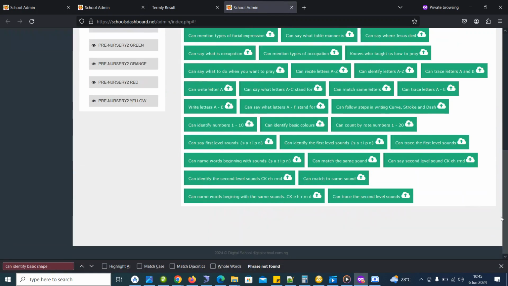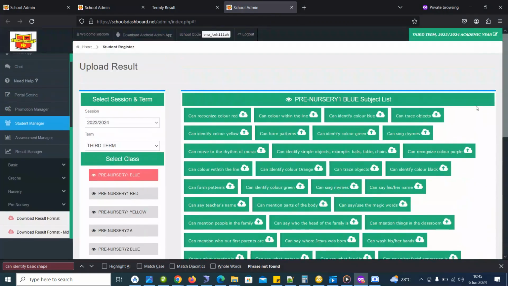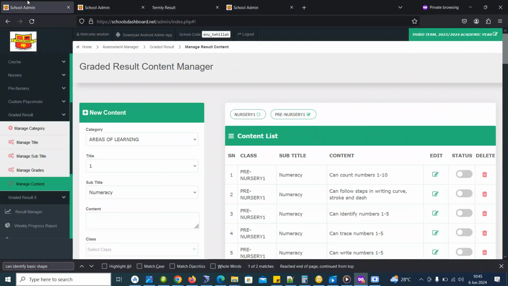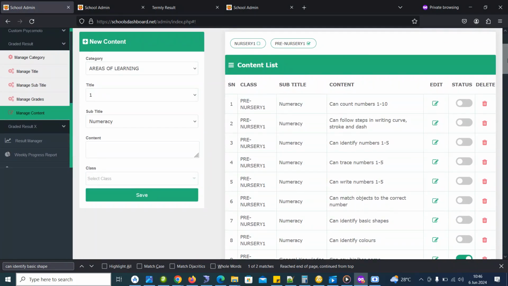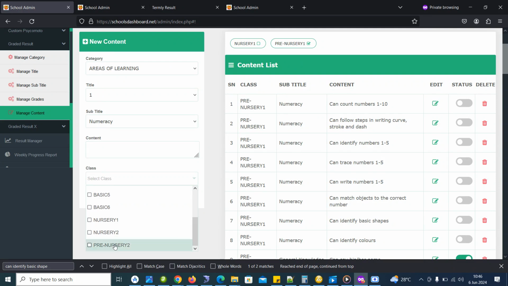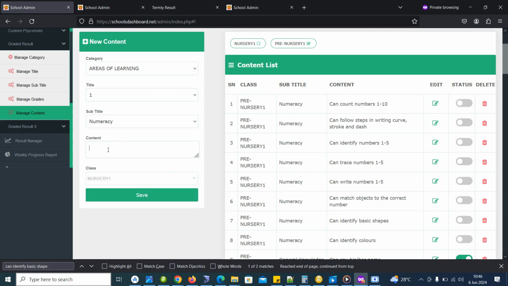So if I come to this place, I don't see anything that has to do with numeracy again, because I've disabled all the content that has to do with numeracy. Now, remember, I'm using one for numeracy. Now I want to enter the new numeracy for pre-nursery. So remember, numeracy is one, subtitle I choose numeracy, class is pre-nursery, or you just select whatever the class is. Let's say we are entering for nursery one, just select the class nursery one and then start entering the content